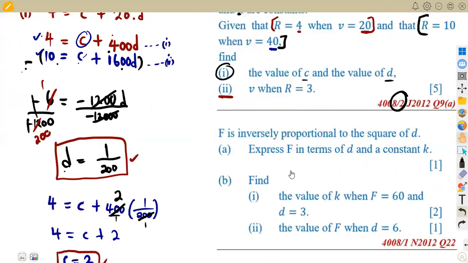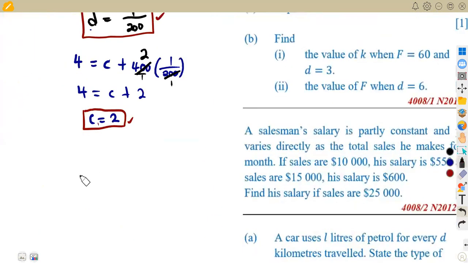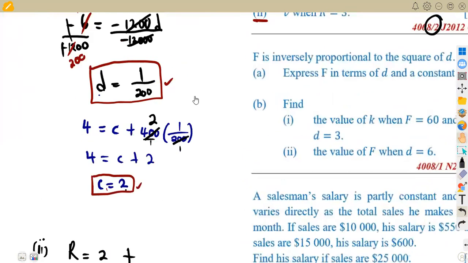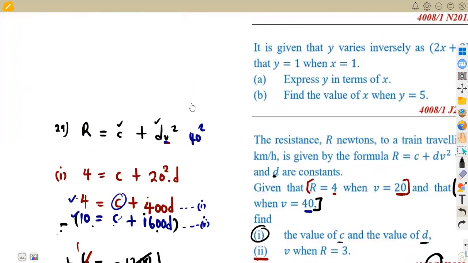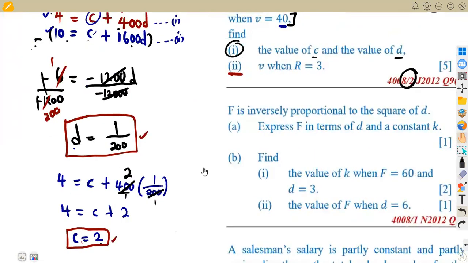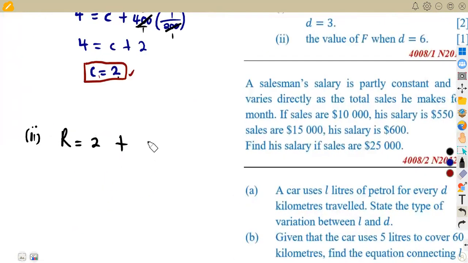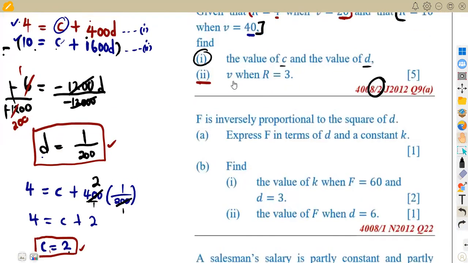R is equal to C plus dV squared. So meaning to say we are supposed to have this in the first place, that R is equal to C, which is 2 in this case. So remember, R is equal to C plus dV squared. So the d in this case is 1/200. So it's going to be 1/200 V squared. Before you consider the question now, the question later is asking us to calculate or to